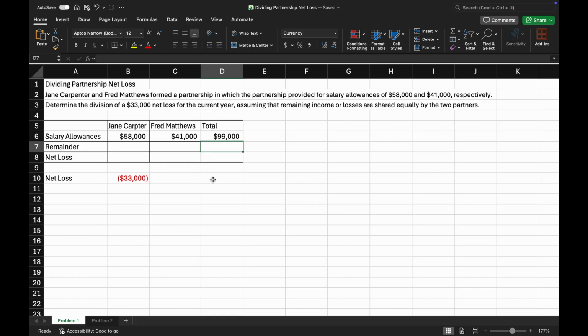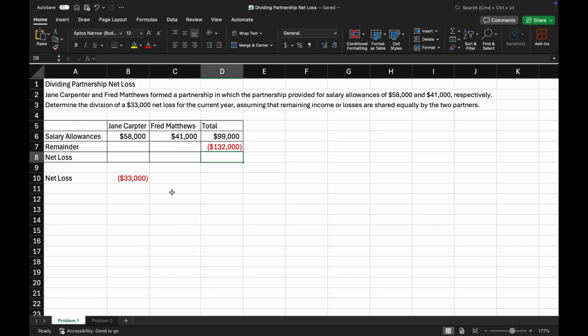Next, we need to distribute the loss among the partners according to the agreement. But to do that, we first need to determine the total loss, which we can do by subtracting the total salary allowance from the net loss to determine the total amount lost. For us, that'll be negative $33,000 minus $99,000, which comes out to negative $132,000 for the total loss to the